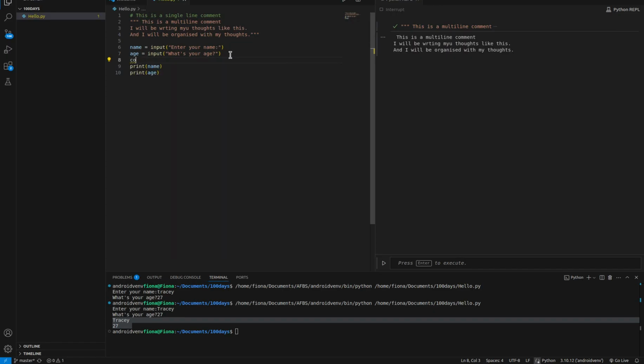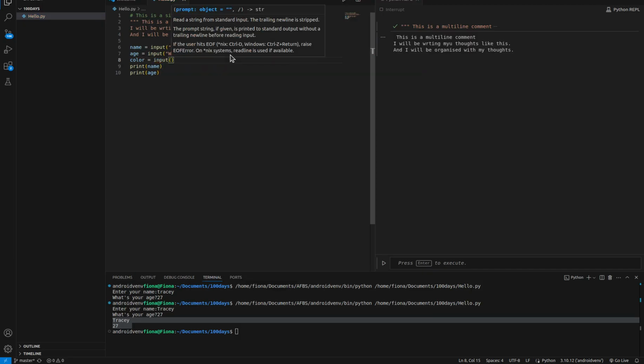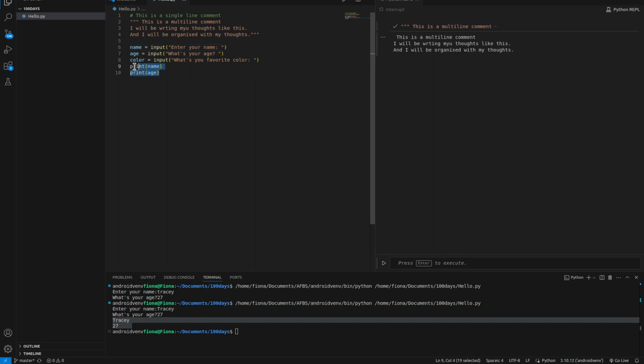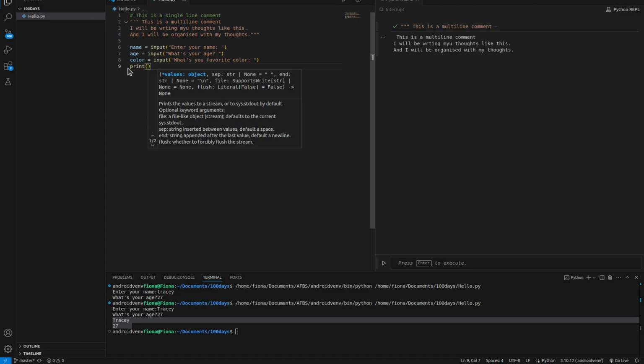We add color and input, what's your favorite color? Let's add a space so that it's going to look more presentable. And then over here at the print, let's do a concatenation. That's the word, I was calling it consolidation. We do a concatenation of everything that we've done by